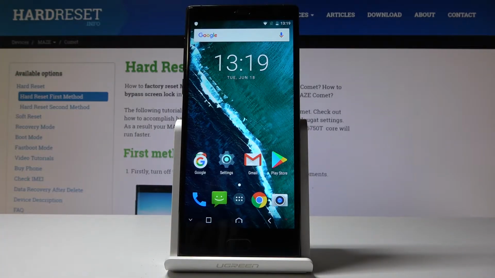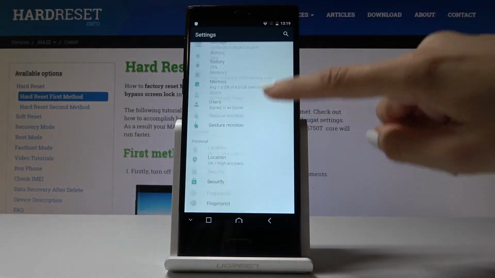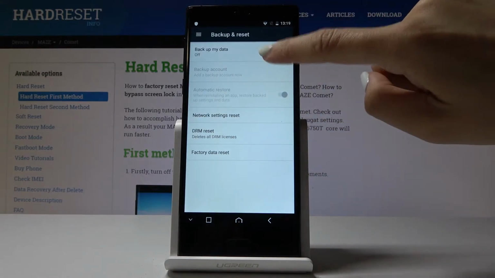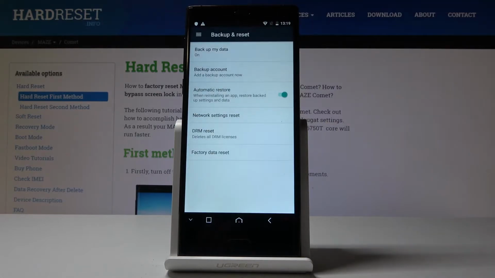Here I've got Maze Comet, and let me show you how to enable Google Backup on the following device. So at first you have to open the list of all the settings, then scroll down, find and select Backup and Reset, and now go to Backup My Data. Now you can enable Google servers by tapping on this switcher,